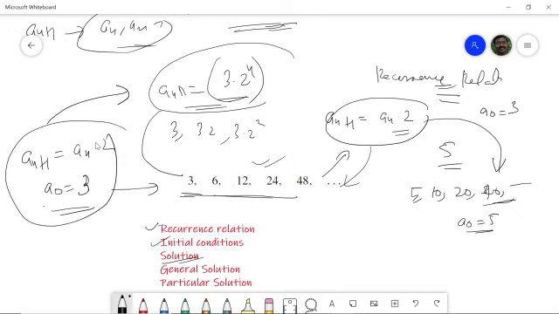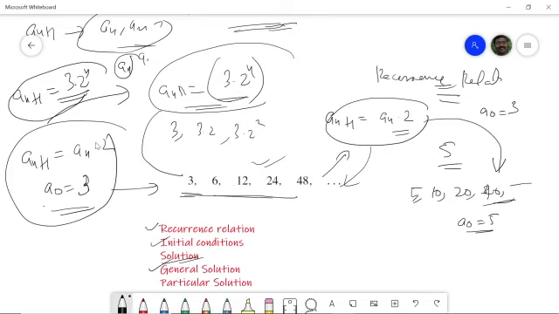So when you are being asked to find the solution of a recurrence relation, what we mean is that you need a relation like this. We have to write a relation of the form a_n plus 1 is equal to 3 into 2 raised to n, which is independent of the terms of the sequence, independent of the a_n's and a_(n+1)'s, etc. So we have to write a general formula which is independent of the terms of the sequence. That is what we mean by the solution of a recurrence relation. This is also called a general solution of the recurrence relation.